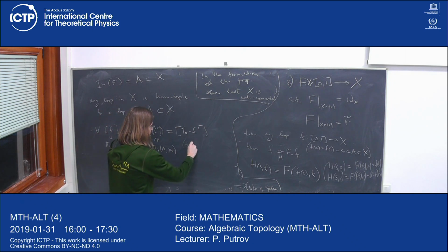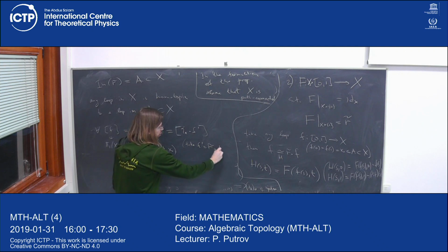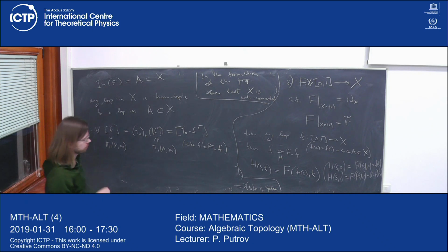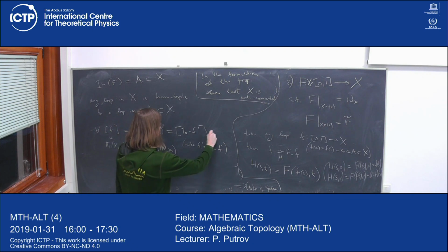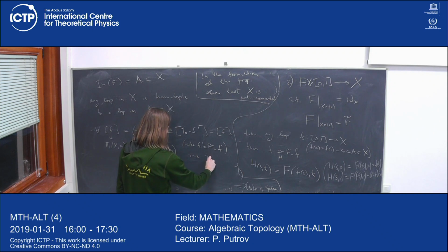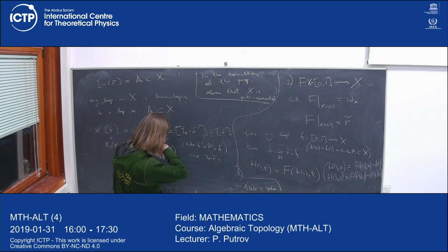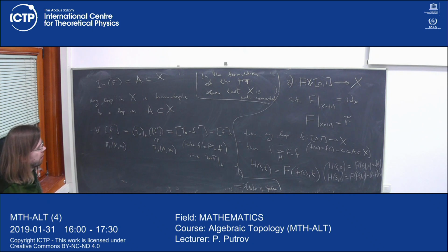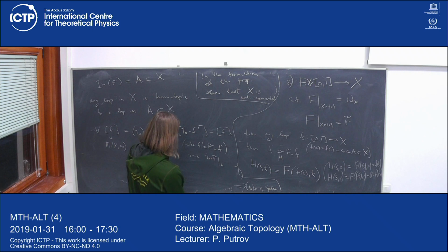We want to take F prime to be R tilde composed with F. And then this is the same as F, because if I take the restriction of R tilde, if I restrict it to A,